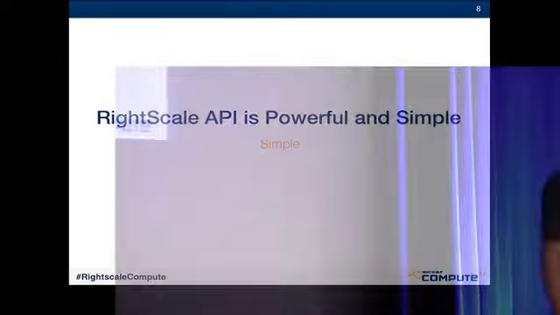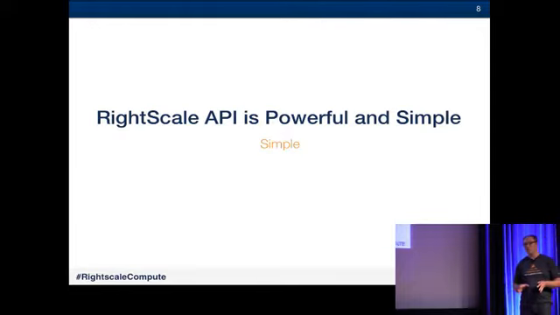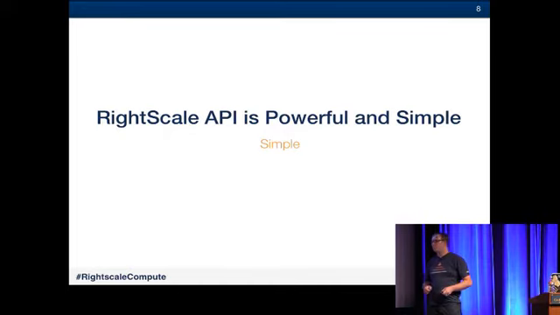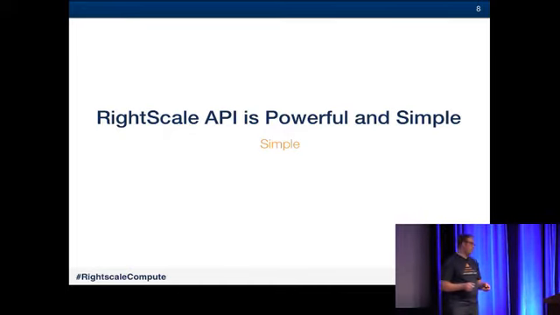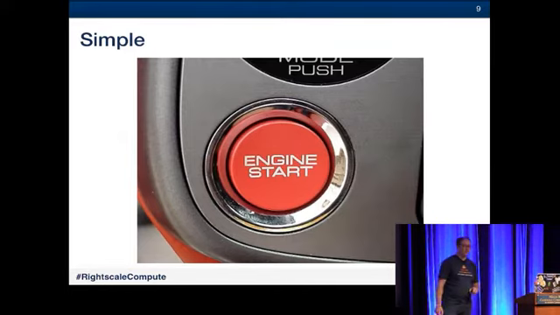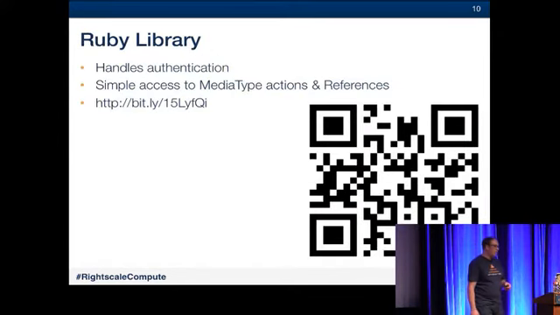So we've talked a bit about how the RightScale API is powerful. I want to make sure that when you leave here, you remember that the RightScale API is powerful and it's simple. So we'll talk about the simple portion of it. This is the get in the car, push the button, drive the car, right? So really, the way that this works, and part of the reason that this is so simple, the very first bit is that,